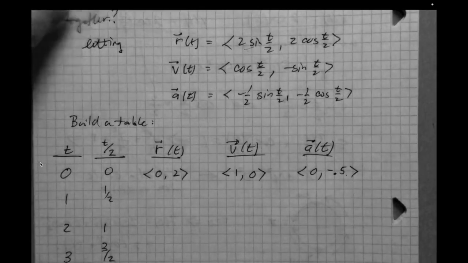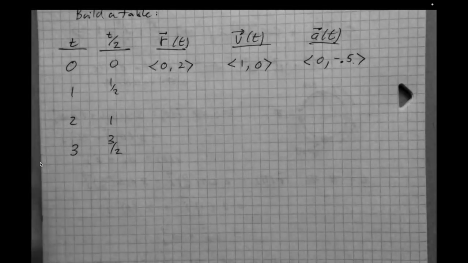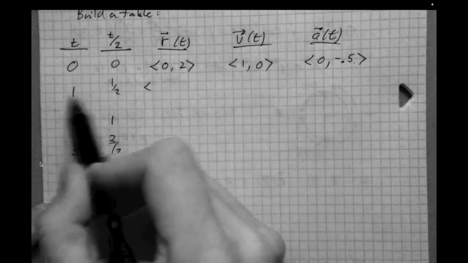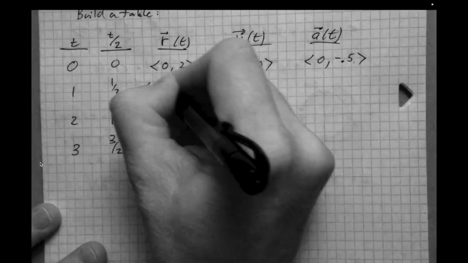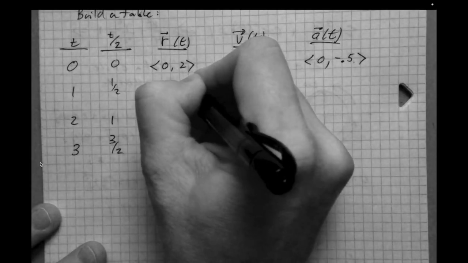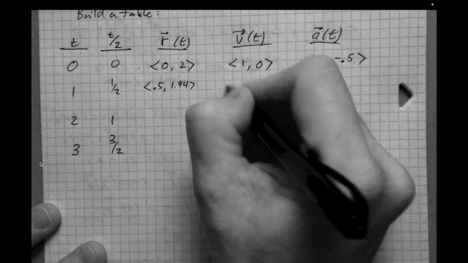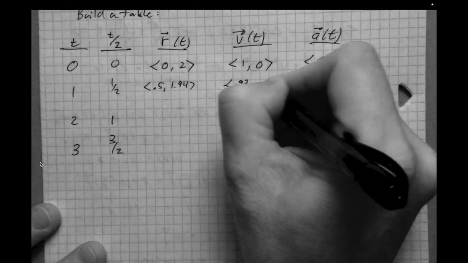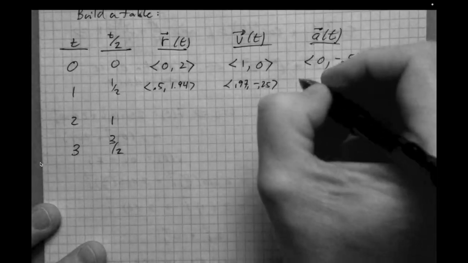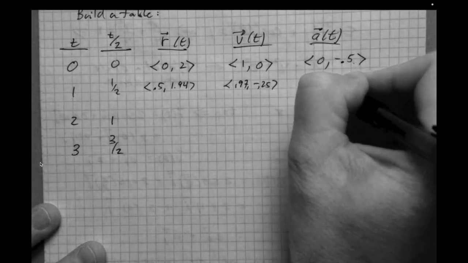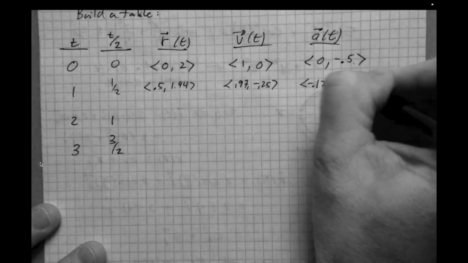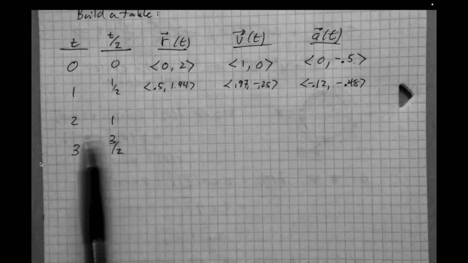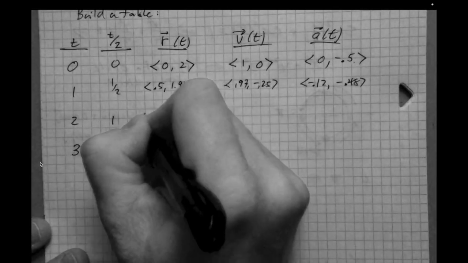Okay. All right, and then I'm just going to backfill some of this so we can get some values, right? And so when we plug in 1, we get 0.5, comma 1.94, and these are approximations, obviously. And then for velocity, we get 0.97, comma negative 0.25. Then we get negative 0.12, comma negative 0.48. Okay, so that's what it looks like at t equals 1, and at t equals 2,